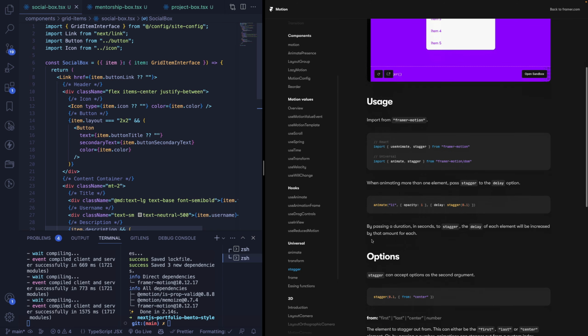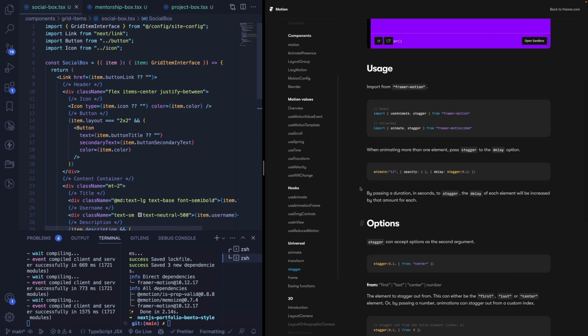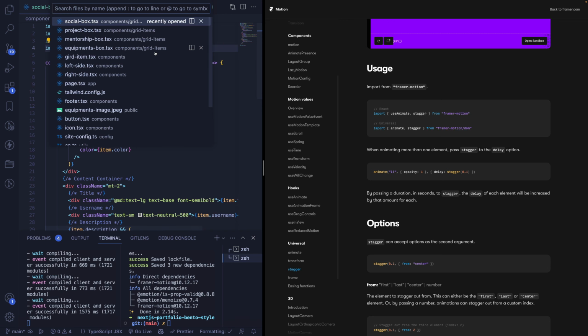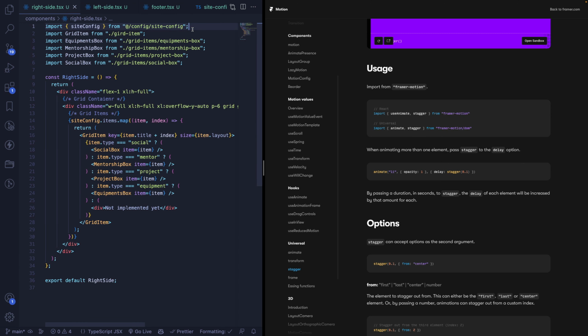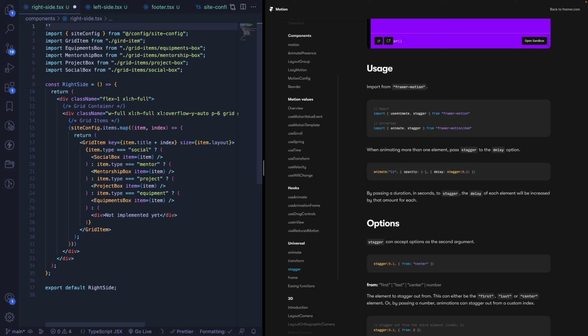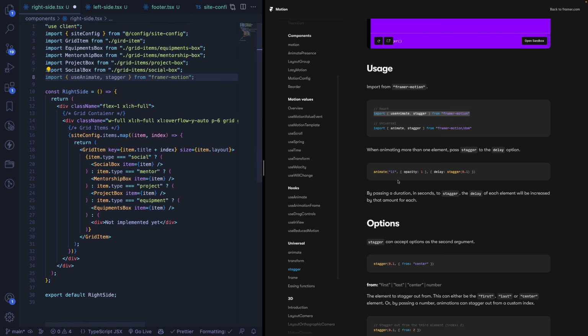So to create an animation like this, first we need to go to our right side, okay, and first we need to make this a client component because we will use this custom hook, okay, and we can get this here like this, okay,